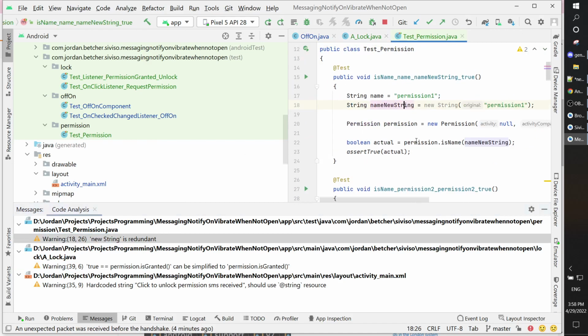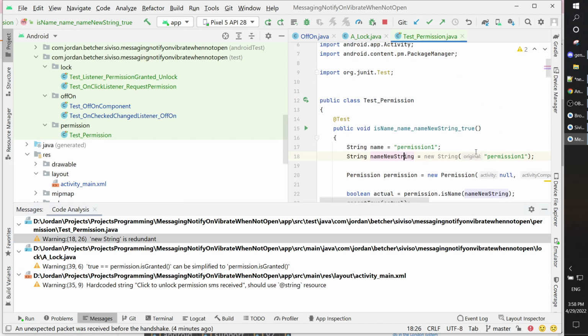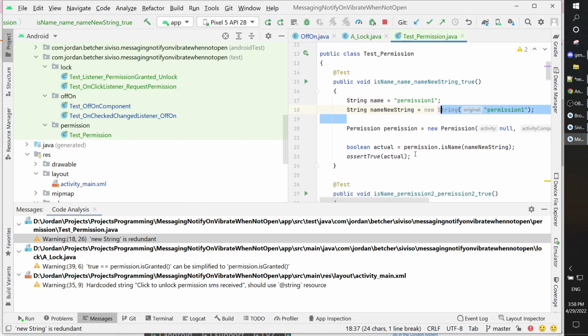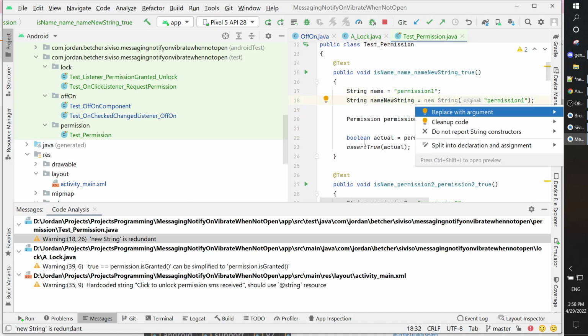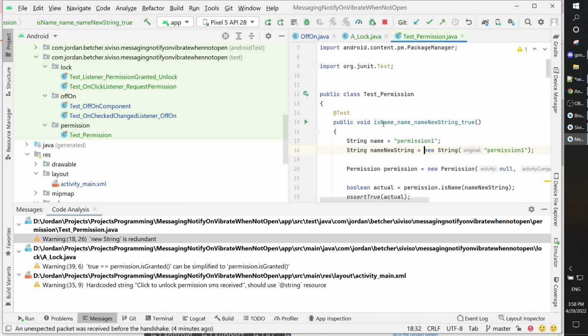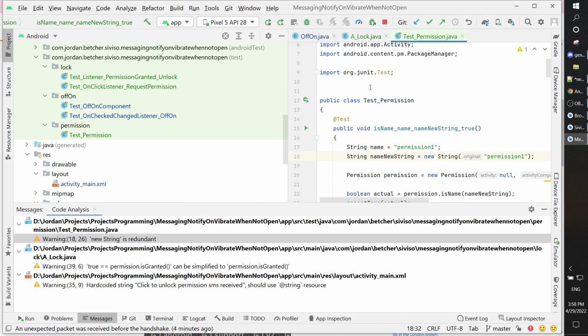This one, new string, is redundant. Actually, you kind of need new string to test if it's a dot equals. So, there. And now I should do